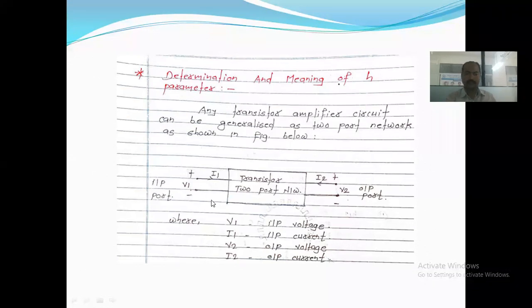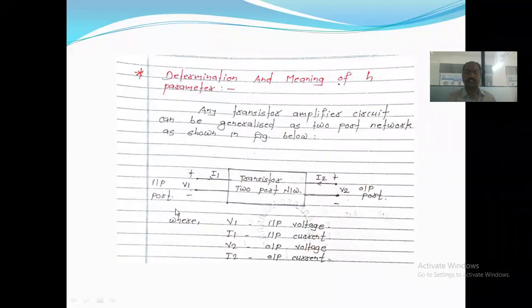So due to that, in any configuration, whichever terminal you consider common, it has two input and two output terminals, right? Then we apply the voltage V1 to the device, and when V1 is applied, the current flowing through it is I1. The voltage generated across the output is V2, and the current flowing through it is I2. Now see, V1, I1, I2, V2 are the voltage and current of your two-port network.